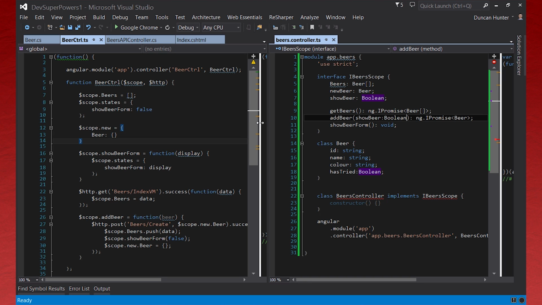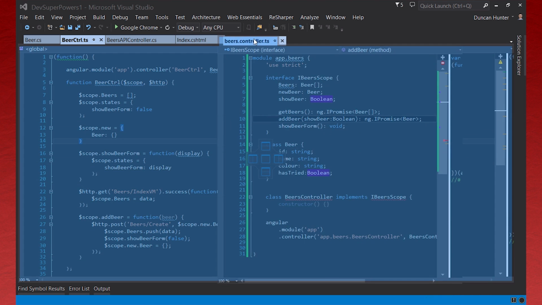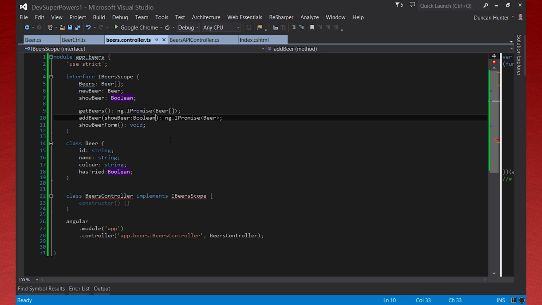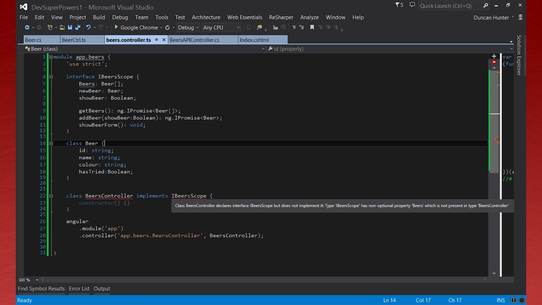Now I'm just going to drag this back over so we've got it all on one screen rather than a split screen for a second. And you'll see that we're getting a red warning here from TypeScript. And TypeScript is kind of funny. Here in the office at SSW, we always